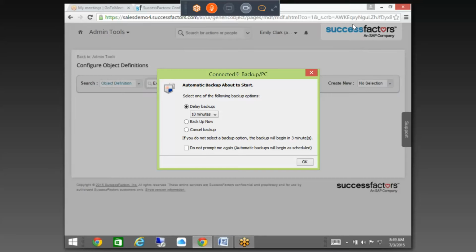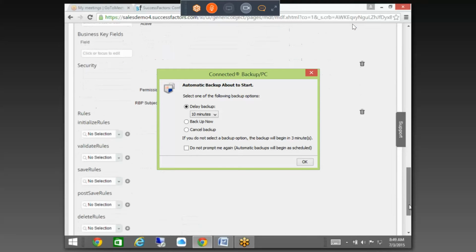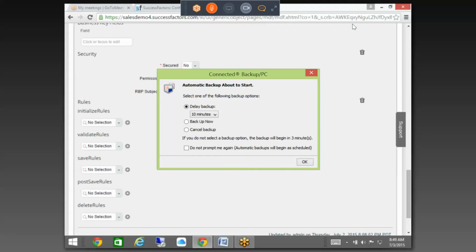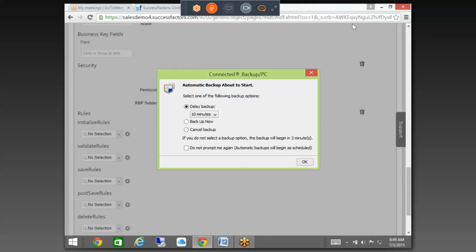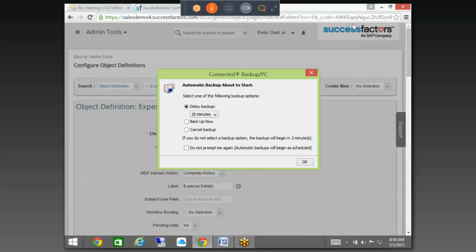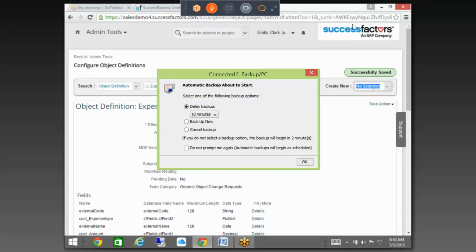So when you go to your object, you can actually say this one is secured, and you can put it in MDF foundation object and save it. Okay. So that means you're now allowing eligibility for maintaining these fields. So wherein